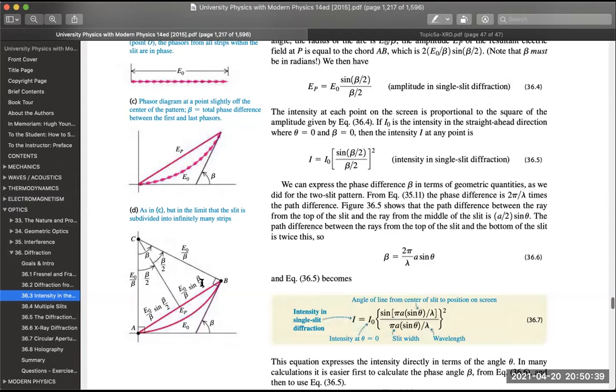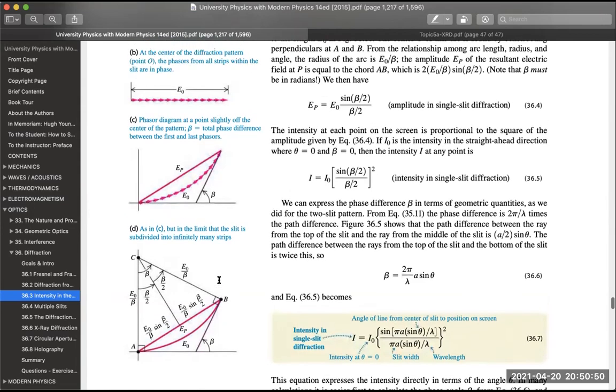Sine of beta over 2, E0 over beta. We're talking about the amplitude. This is like the phasor diagram. The amplitude of all these Huygens wavelets, we said, was the vector sum of all those little vectors, which you can think of almost like a secant line from A to B, which is just the sum